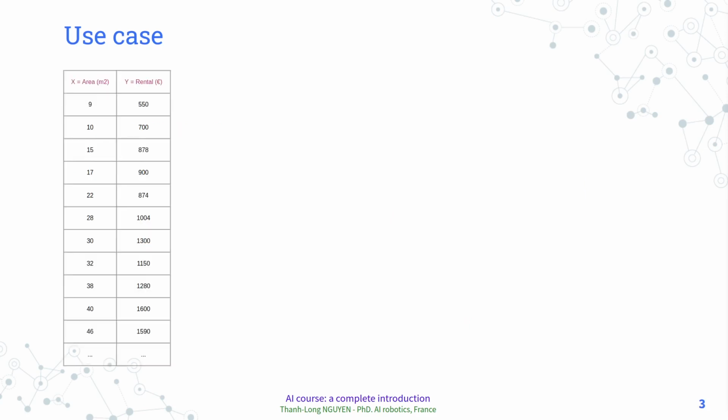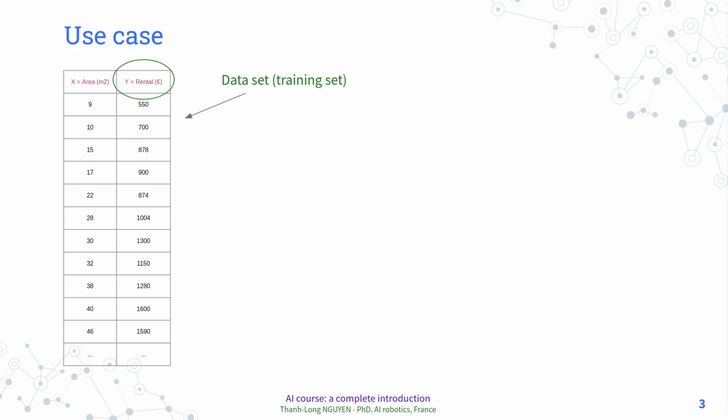Then, I'd like to show you some real data that I picked randomly from a website in France. Let's look at the data table on the left. In machine learning, this collection of data is called dataset or training set. You can see that the table has two columns. The first one shows apartments areas measured in square meters, and the second column shows the corresponding rental cost in euros. For example, in the first row, with an apartment having only 9 square meters, the rental cost 550 euros,